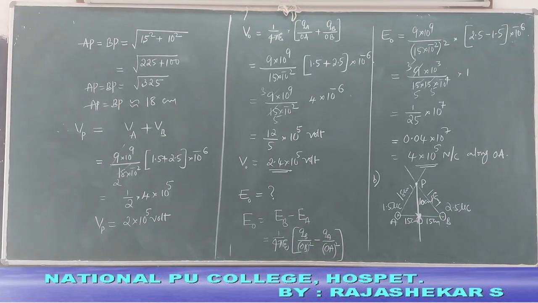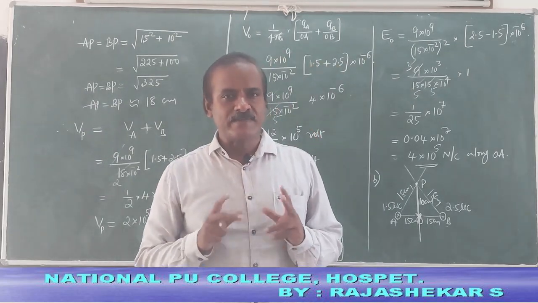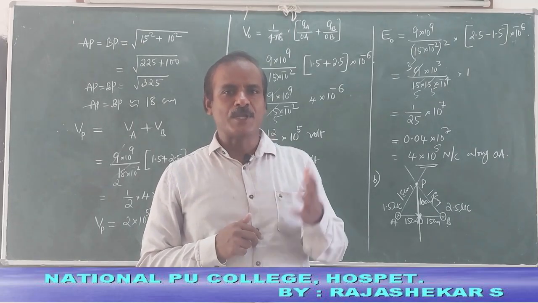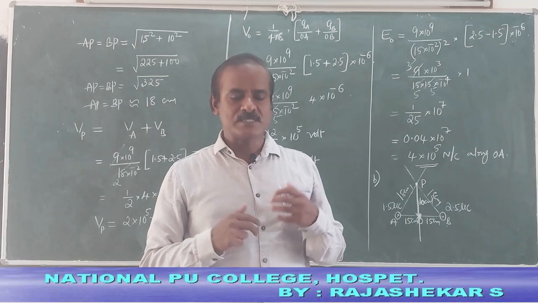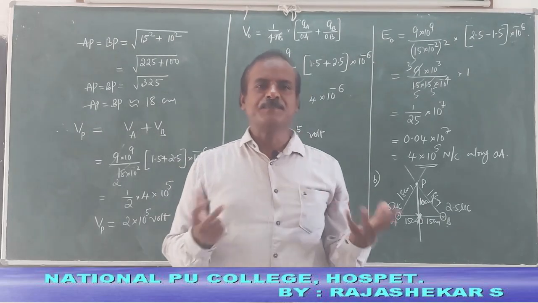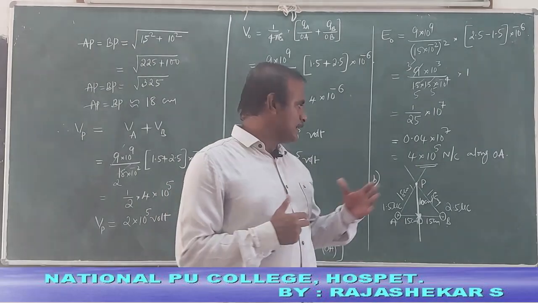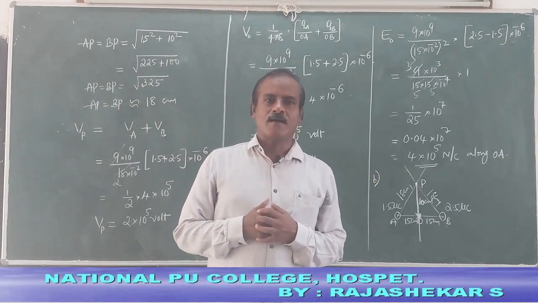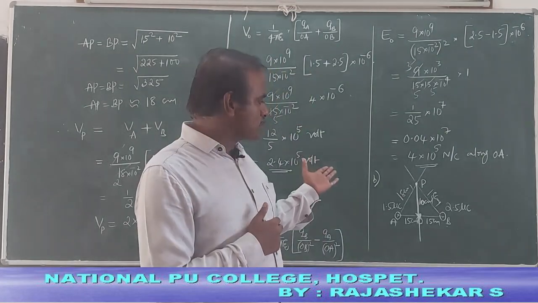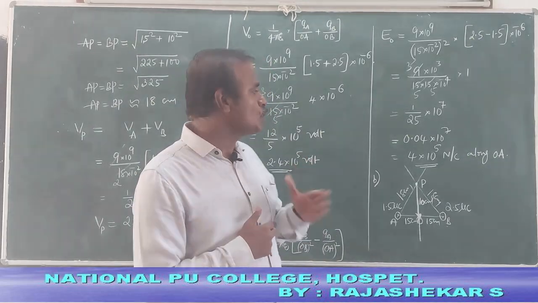Well students, it is important that to calculate field intensity, being a vector quantity, we have to account for the directions before we add, is it not? Unlike potential, which has no direction and is merely a strength at a point, so simply we add total potential as an algebraic sum. But to add electric field intensity now at point P on a plane drawn normal to the line joining and passing through the midpoint, we have to consider the directions of the two fields due to the two charges.